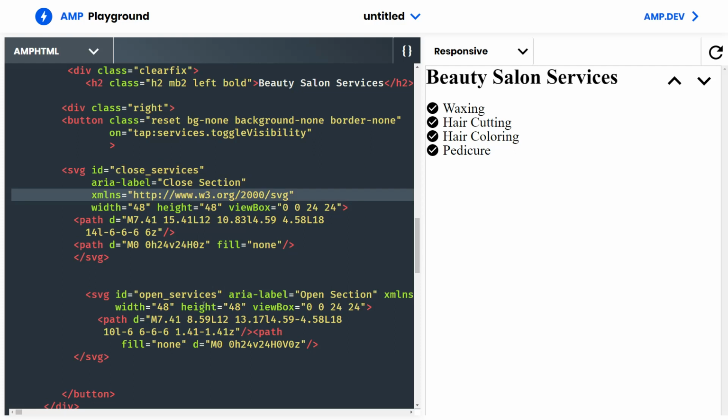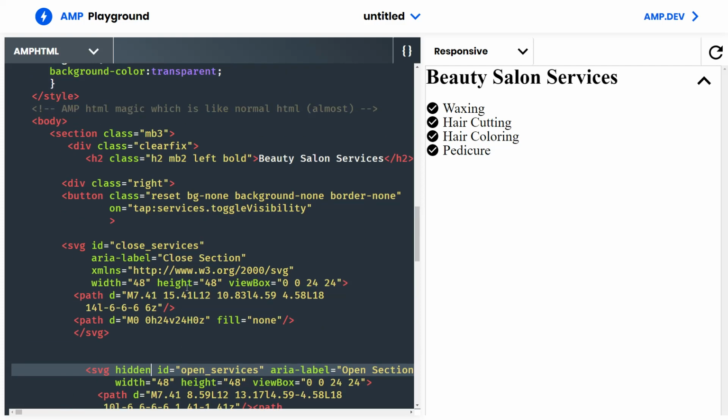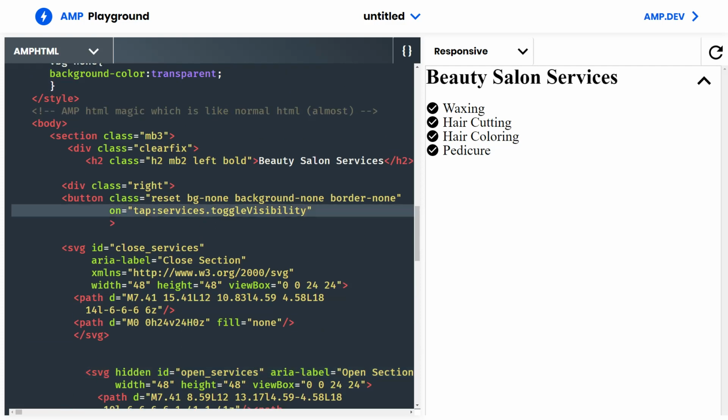All right. Okay, now what we want to do with the second arrow is I want it to be hidden if the section is open. We want this arrow to hide, okay? So to do that, for the second arrow, I'm going to add the attribute of hidden, okay? So this is going to hide the arrow, and then over here on tap, I'm going to give it another action and event. Okay, so we want to give this event a couple of actions, and to do that we use the comma to separate the actions we want to be performed.